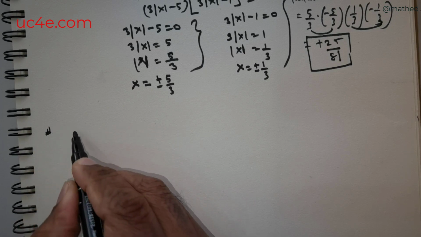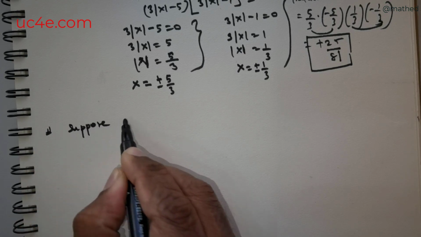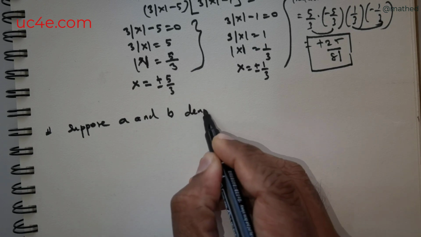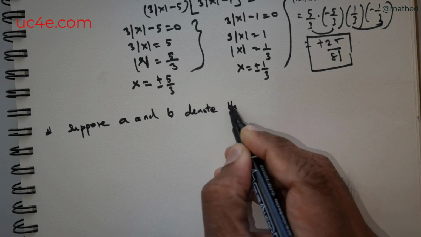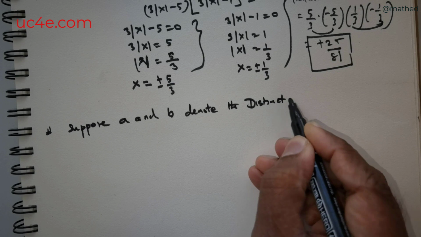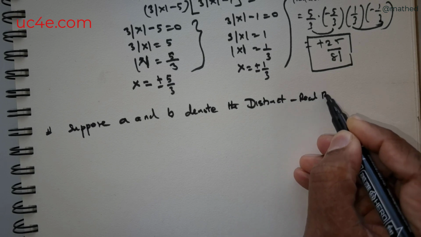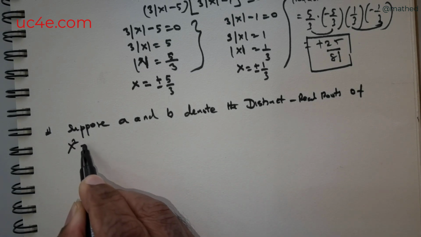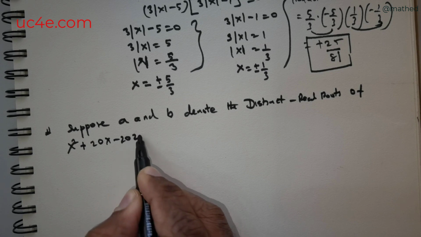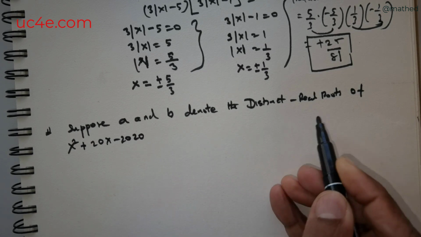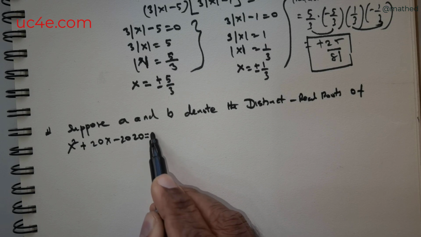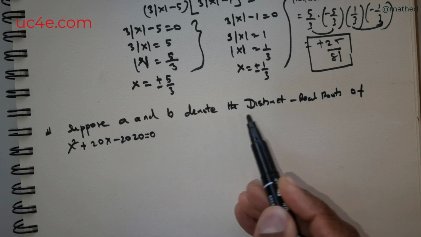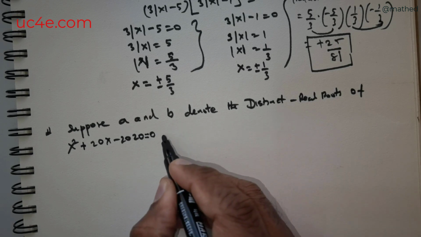We've been given that suppose A and B denote the distinct real roots of x squared + 20x - 2020, right? So this is an equation for which we got A and B being the real roots, and